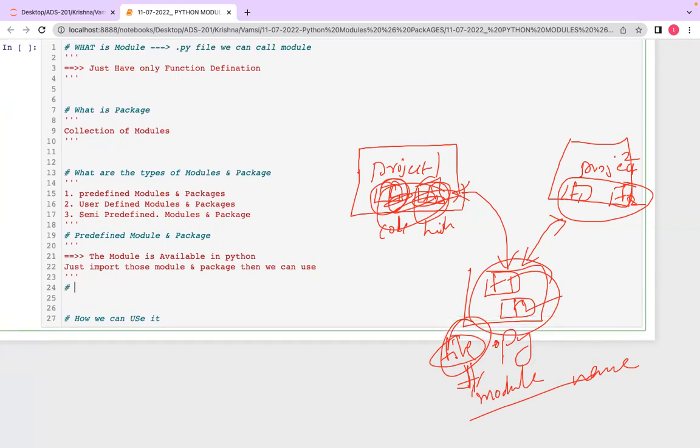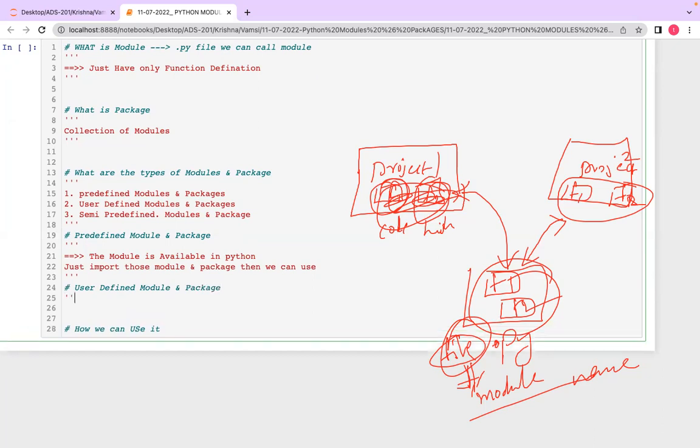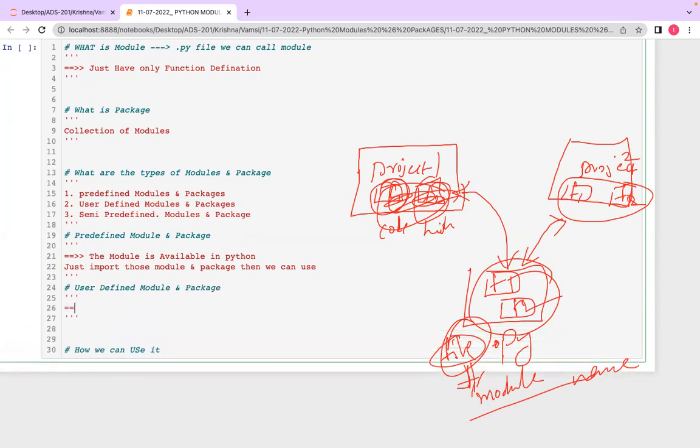Next one is user defined modules and packages. User defined module and package means here we would like to create our own.